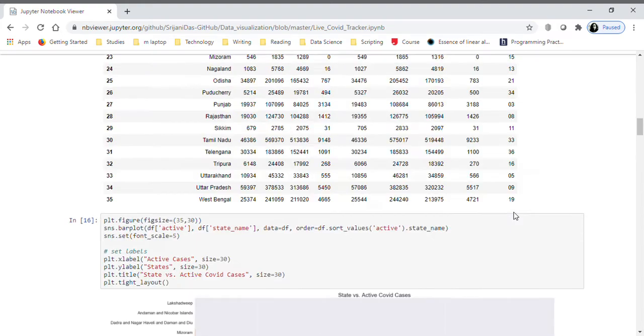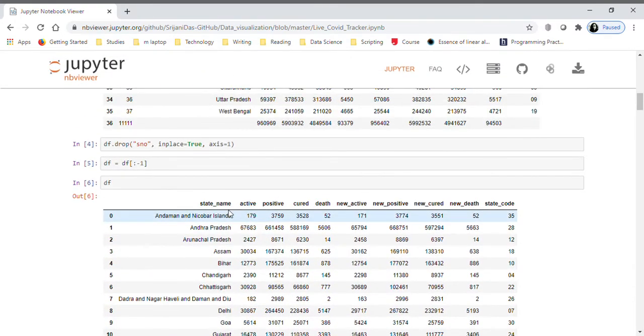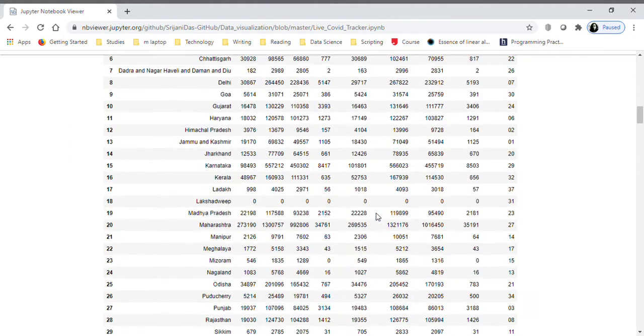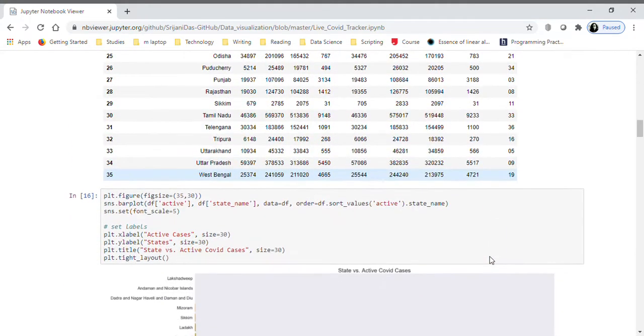There is not much data, just some active, positive. I thought maybe we could make a trend from 2020 March or maybe February, but the data we got is kind of different. It gives just 2 days of data, so we can't actually do that.